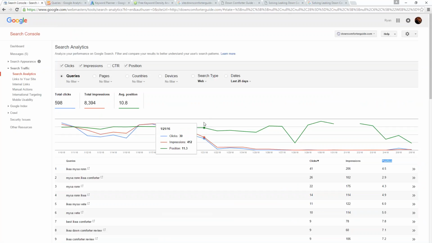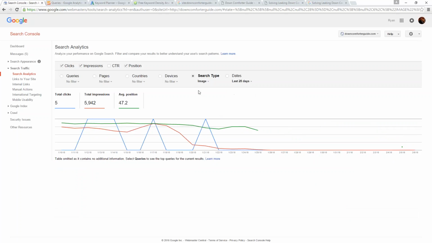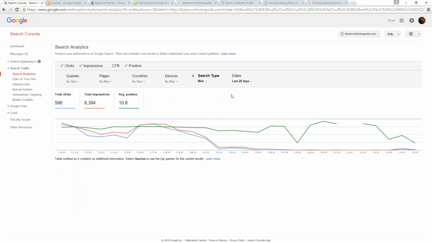I guess that could be one benefit to using the Search Console, is that they do seem to still have that separated over here. Right here where it says search type web, you can also change this to image or video. So for example, if I set this to video, it's not going to tell me my keywords. A lot of times if you set this to image though, you'll get the data that you're ultimately looking for, the specific keyword phrases